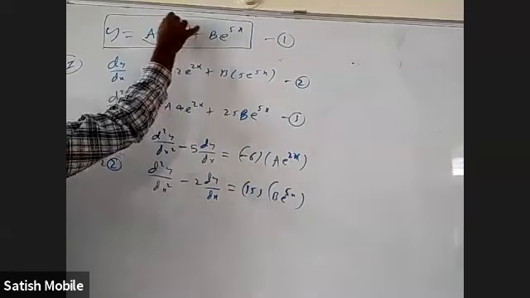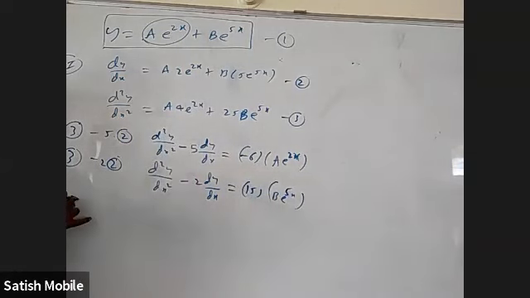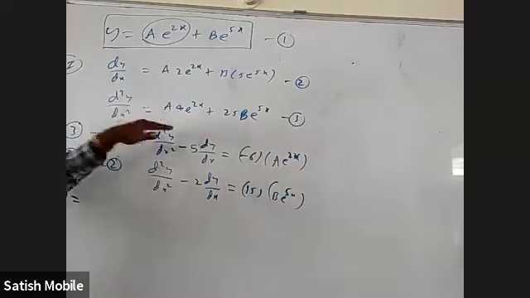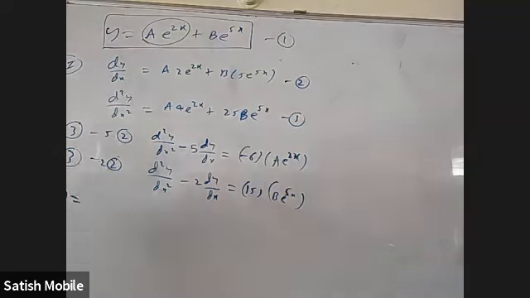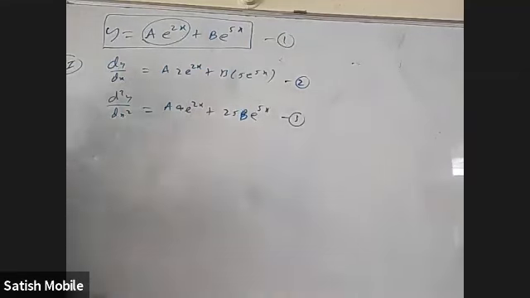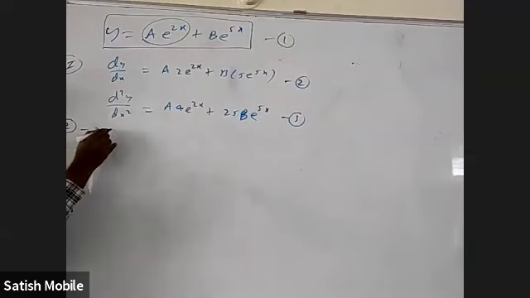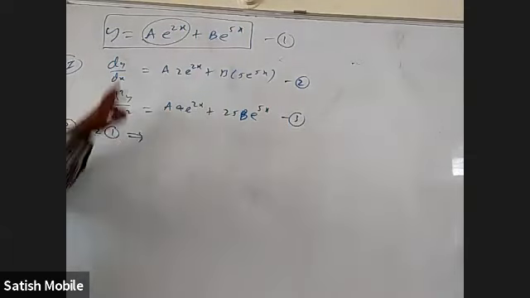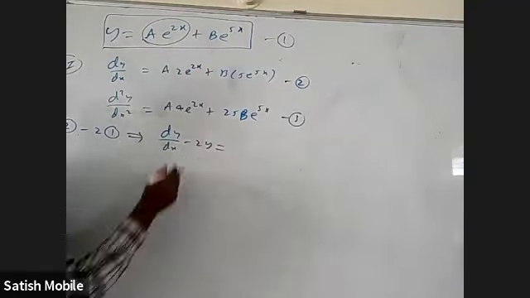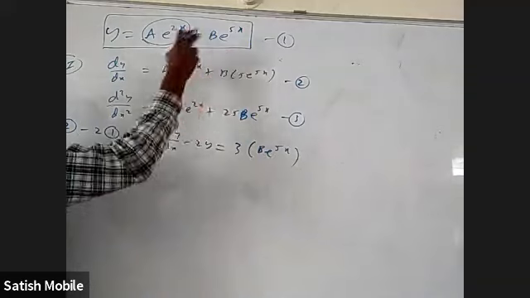In the place of a e power 2x, what can I write? This by minus 6. So y is equal to, anyway, I use this, but if somebody is not comfortable, you solve these two and substitute in this also. Maybe that is easier. Let me try that also. I use these two, but somebody can use these two. Okay. So that is, I can take equation 2 minus 2 times the first equation. Let me do that. Multiply by 2 and subtract, this will go. I'll get dy by dx minus 2y is equal to 3 times b e power 5x. Because I multiply by 2 and here 5, 5 minus 2 is 3.